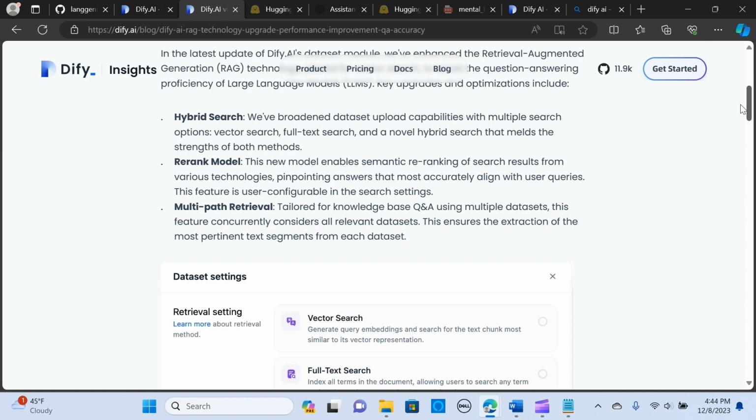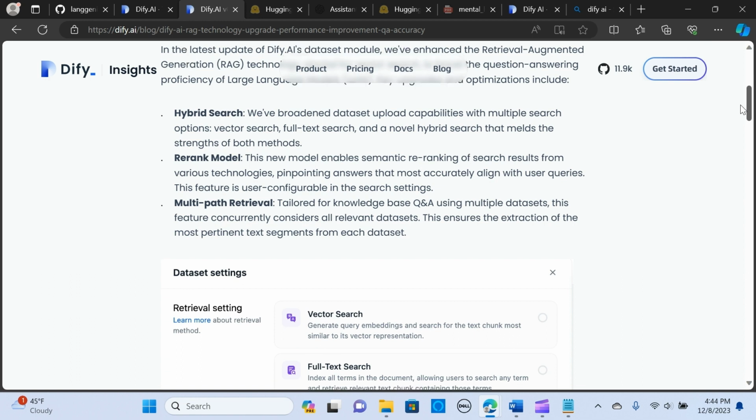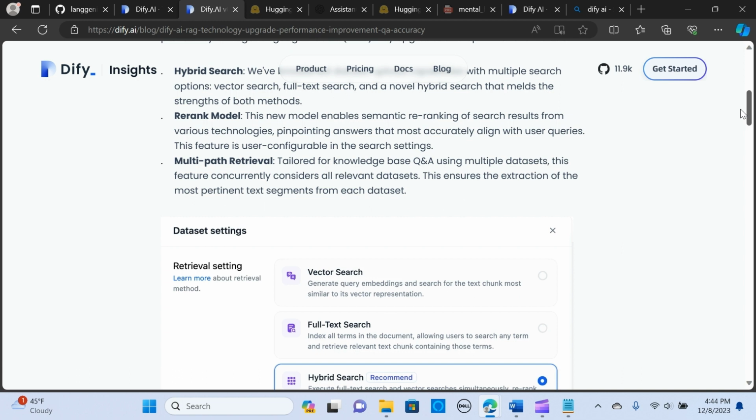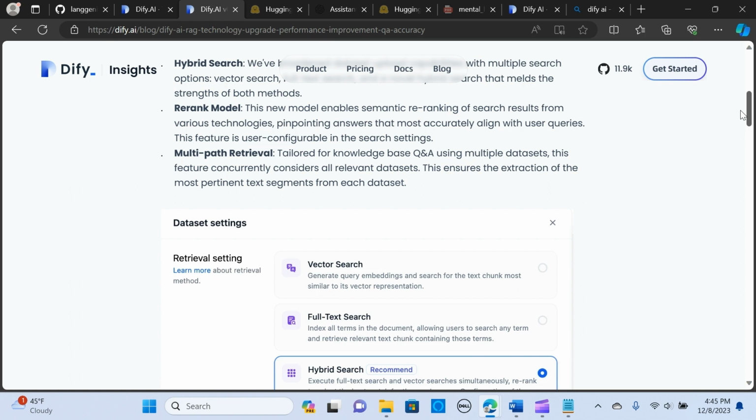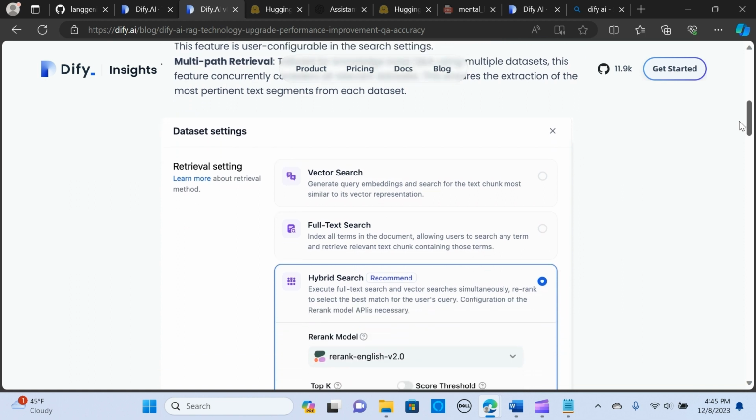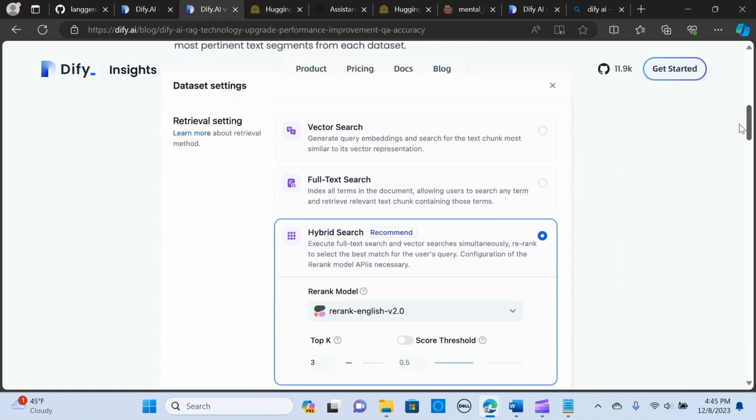For the re-ranking model implementation, a new re-rank model has been introduced that allows for semantic re-ranking of search results obtained from various technologies. Users can configure these features in the search settings to pinpoint answers that align most accurately with their query.